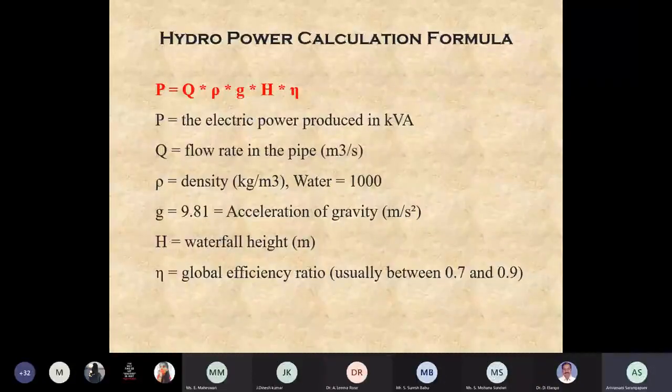If I want to find out Q, then H is what I want to know. So based on this equation, we will find out. Simple question. Sir, my last question is: